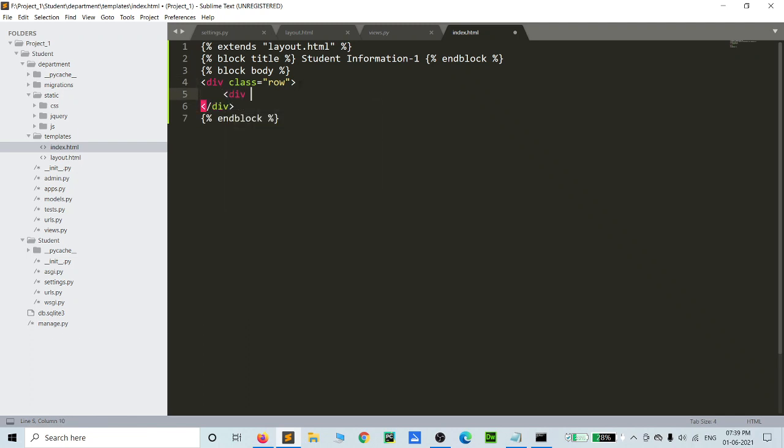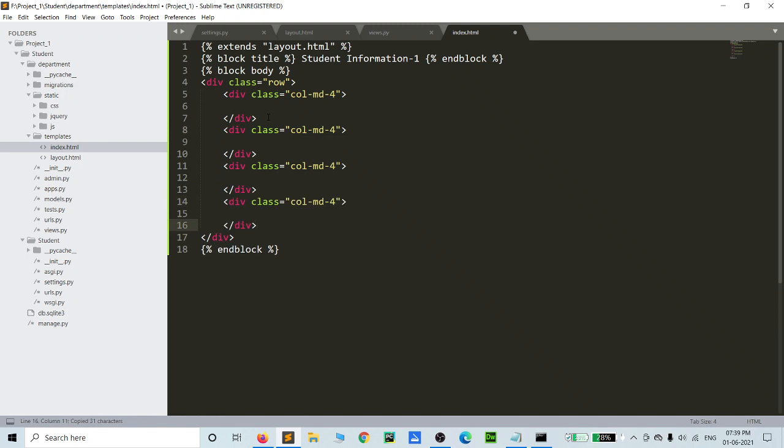Inside the class framework we can divide into ranges of grid values. I can divide into 4 sections. So I can create a row and divide my 4 blocks.